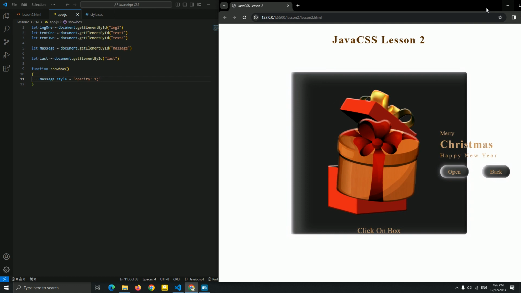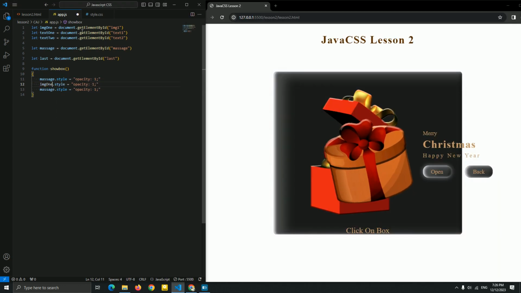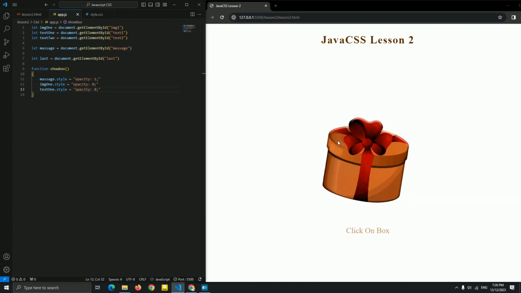So let me just add it here. Oh, image1, and for this text1, this is text1 and this is image1. We're gonna add opacity 0. Simple. We're just gonna start from opacity 0 and we're gonna upgrade the animation. So let me just teach you how to use it first.